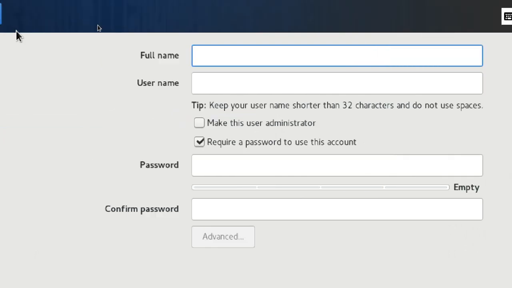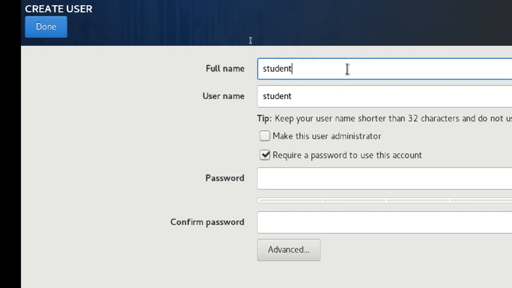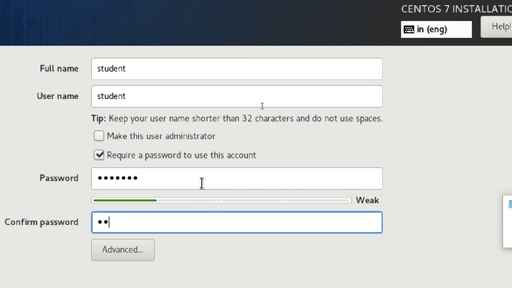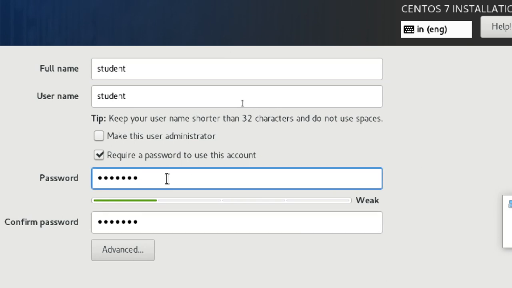User creation. So I'm going to user creation. My user is always student. Username is student, password is also student. Why? We have that facility here, even weak passwords are accepted. Because we have a lot of virtual machines and a lot of work, we will forget.